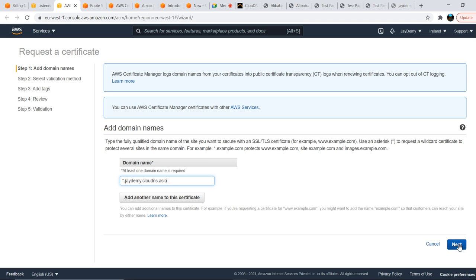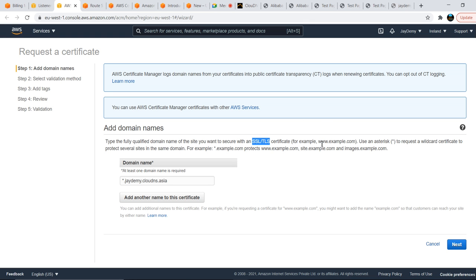You need to give your domain name whenever you are creating your SSL certificate. Here it says, type the fully qualified domain name of the site that you want to secure with SSL or TLS certificate. SSL, the Secure Sockets Layer, is the older name, and the newer, advanced one is TLS, Transport Layer Security.